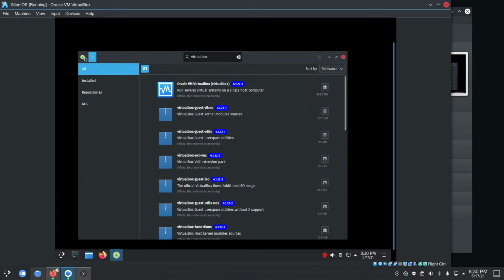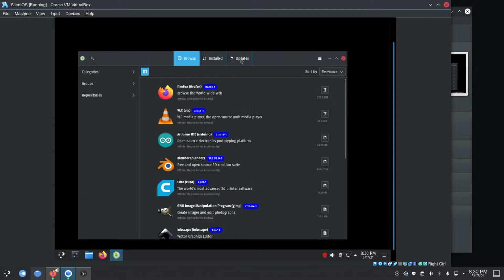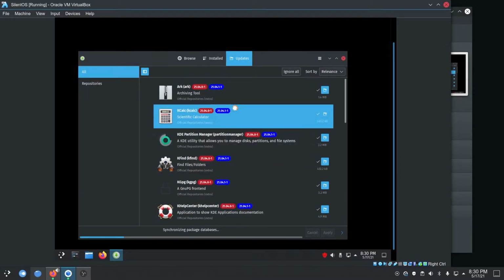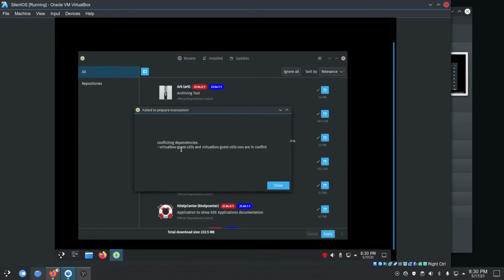So if we go back to updates and do this again, we'll get this error again. So the way I fixed it,